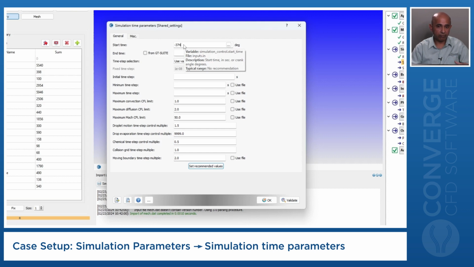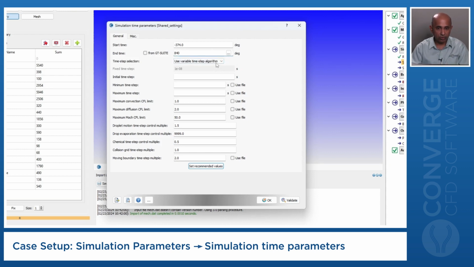I'll actually verify this with you later on when we import our valve lift profiles. You will see that IVO is at like 374, and my EVO of the second cycle. So EVO is at like 120, but I want to run 2 cycles, so my EVO of the second cycle is going to be